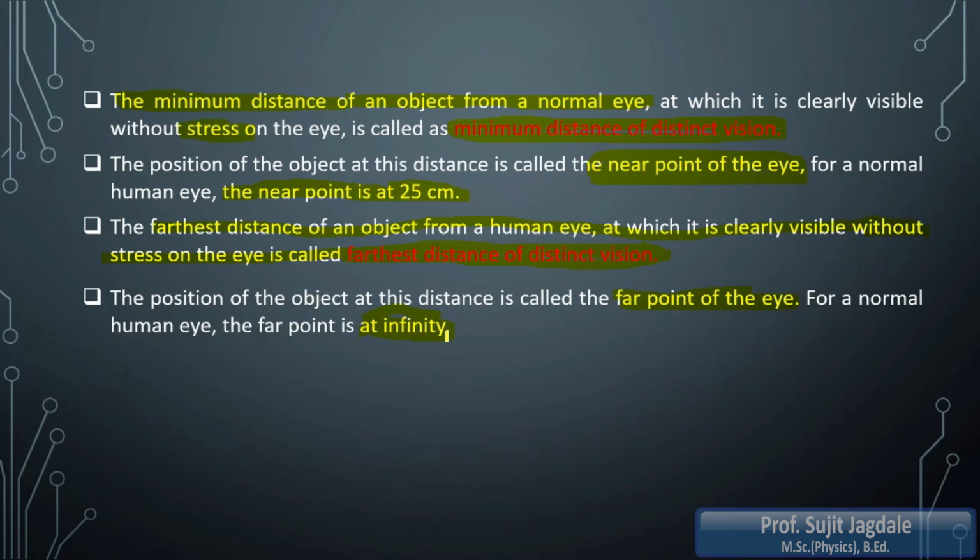The minimum distance up to which we are able to see an object very clearly is our near point. The farthest distance at which we are able to see an object very clearly without straining our eye is our far point. The near point is 25 centimeter and the far point is infinity. And the ability of our crystalline lens to increase or decrease the focal length is referred to as the power of accommodation. Every human eye has a certain limit to increase or decrease the focal length. That's why we have to consider the near point and far point of the normal human eye.